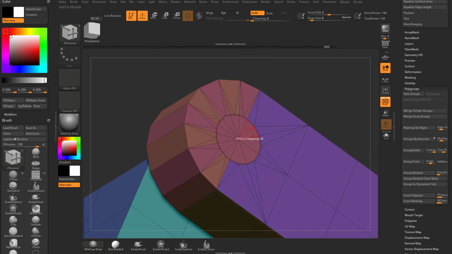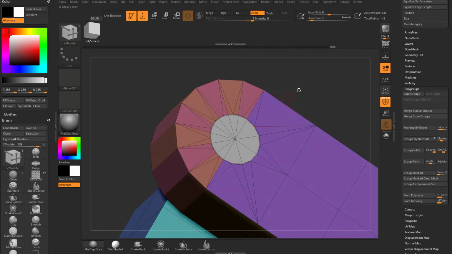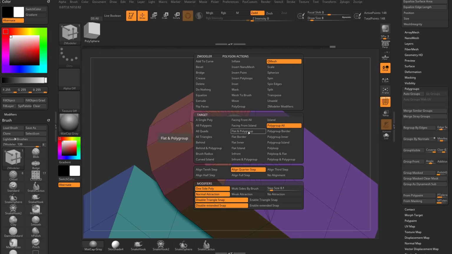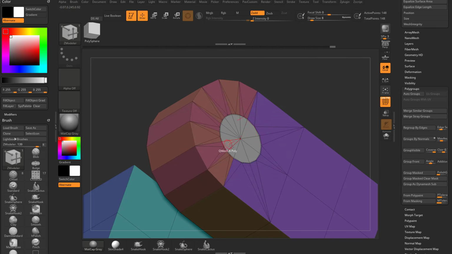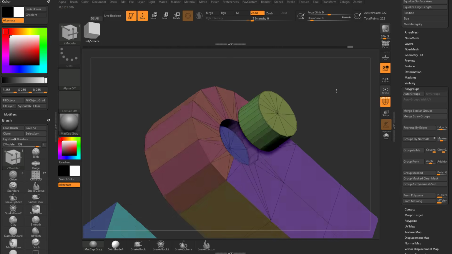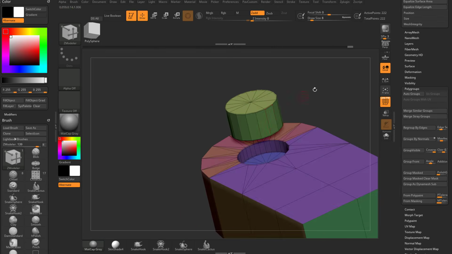However, what you can do is hold down Alt and then paint the polygons you want selected. Now when I Alt paint this, even if I do Q-mesh a single poly, even though there are multiple polygons, it's still going to treat it as one polygon because they're painted white. So I can go through here, Q-mesh this in, tap Alt to make it a new polygroup, and then I can do Q-mesh, polygroup all, and then hold down Control, and I can pop out a copy. So now I have a perfect cylinder that'll go right in here,